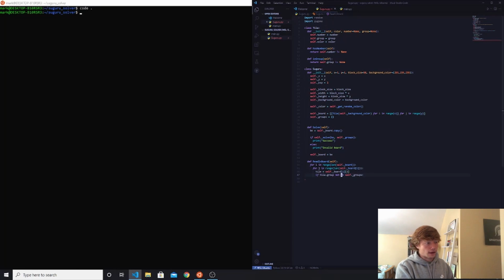So let's say this tile is given a group of 3, but it's not in self.groups, which will be our dictionary holding all the keys and all the numbers that are stored inside of the certain group. So if it's not in self.groups, we need to add a new key in there. We can do that by saying self._groups[tile.group] equals